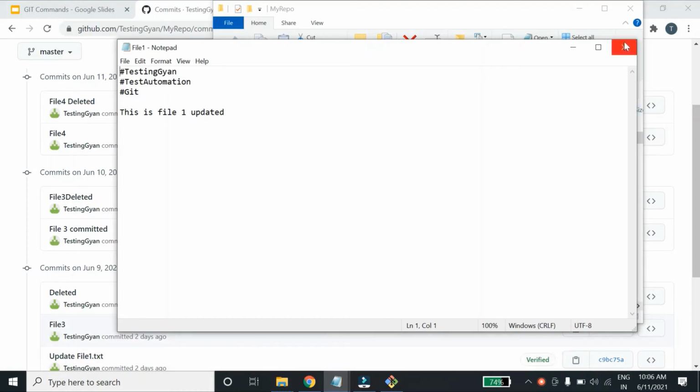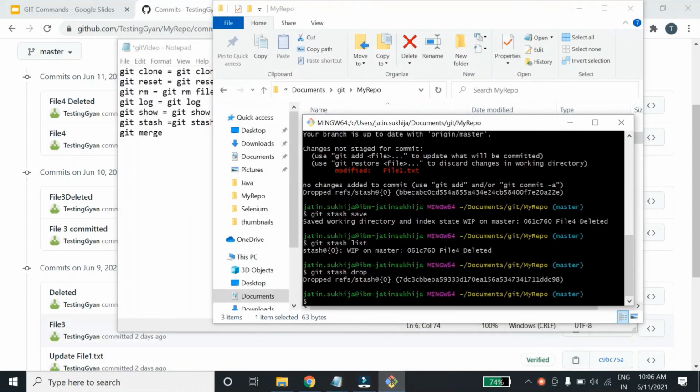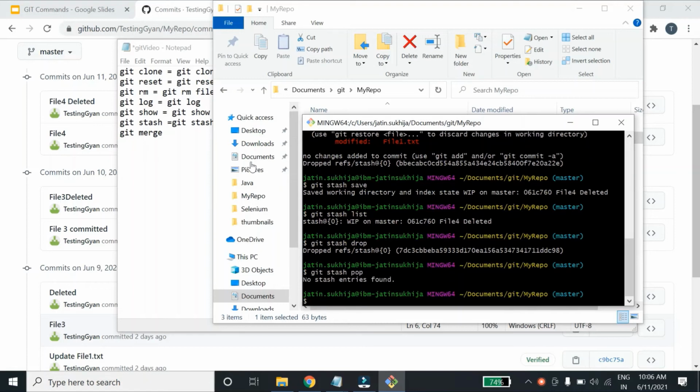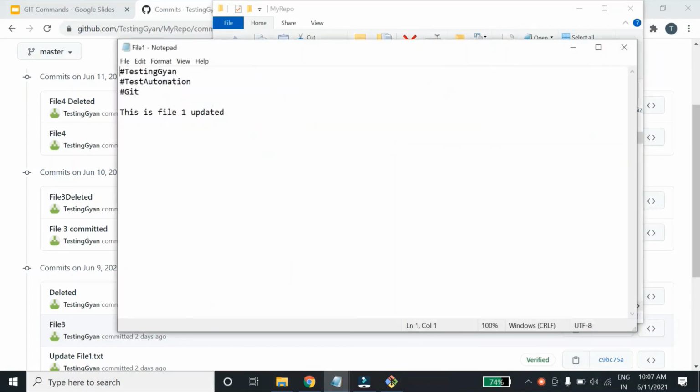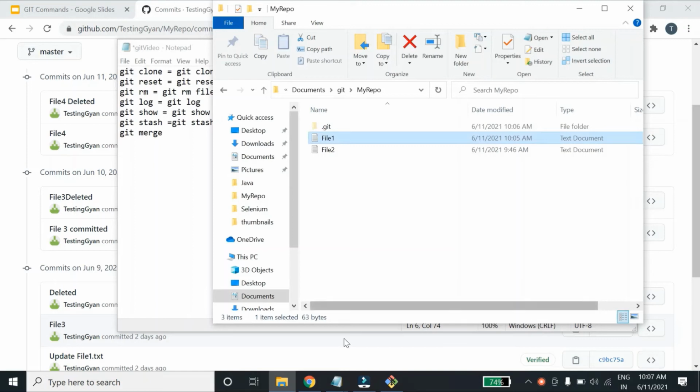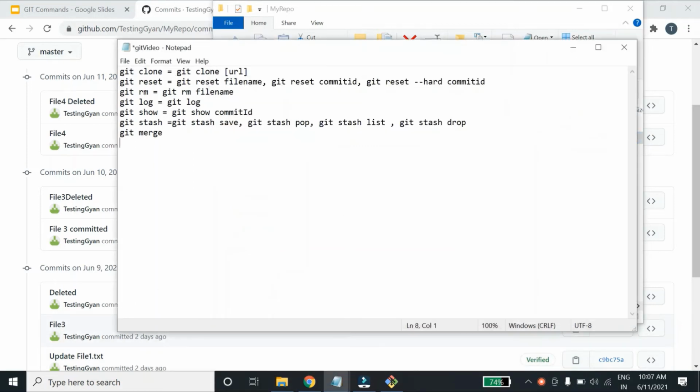Even if I now do git stash pop, nothing will come, because we have used git stash drop and it has dropped all our stashes. So this file is the same as it was before using the stash. I hope guys this stash is also clear now.